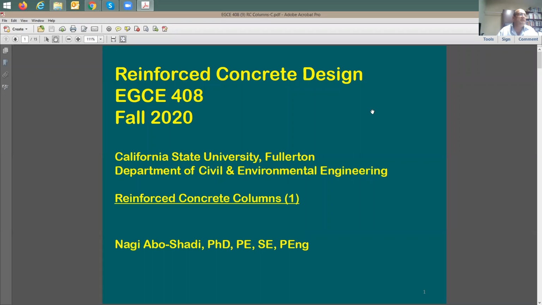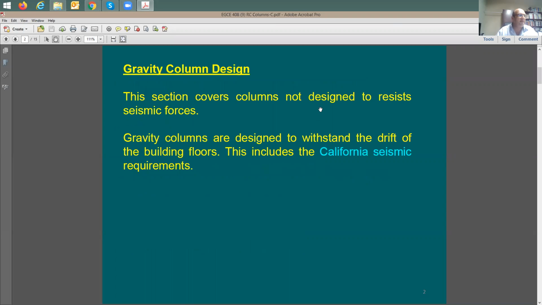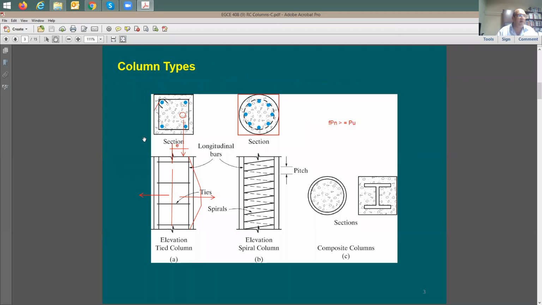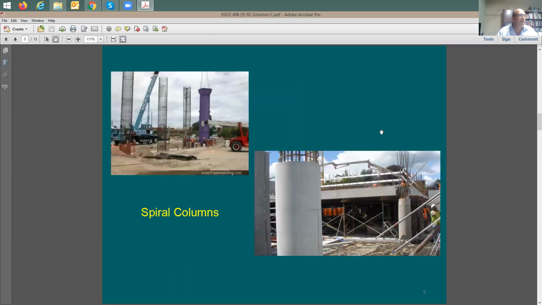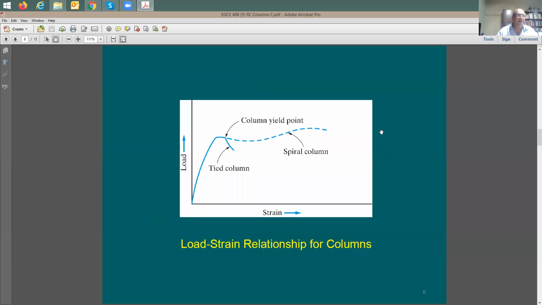We started this slide set last time, but we didn't finish it on the column design. And we're going to have more than one slide set for column design. The first slide set here is going to be mainly on the design of tied columns, which means this type of columns. Second one is going to be the spiral column. So the first one, again, for tied columns, we said that providing the ties is going to increase the confinement